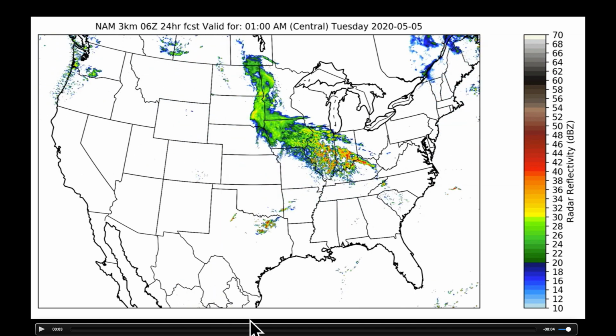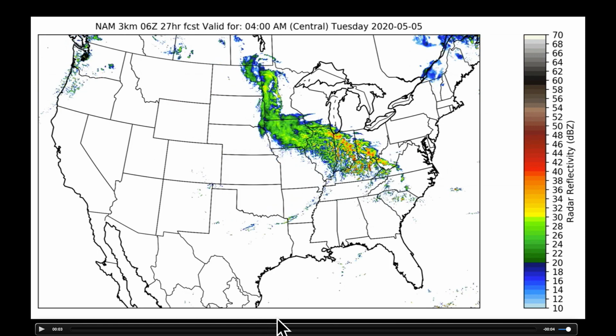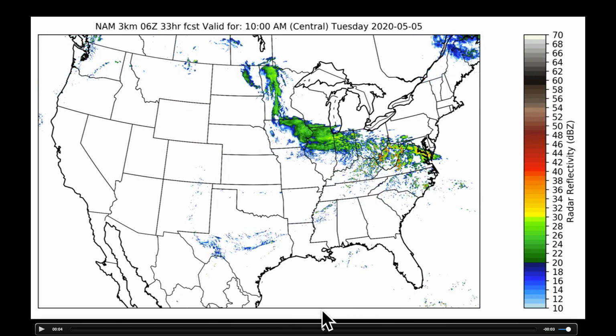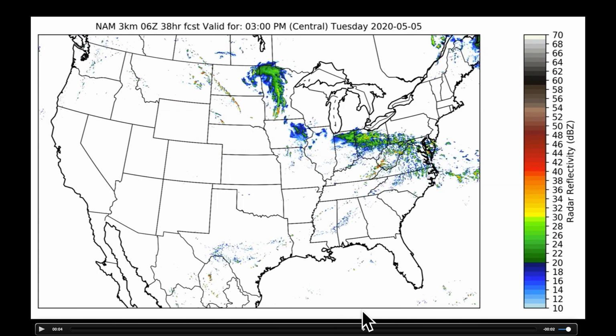It'll be late Monday night, this is now early Tuesday morning, that we're going to watch that system pull through the central and eastern Corn Belt and early in the morning increase our precipitation chances across North Carolina. That's going to last through the mid-morning hours and actually through much of the day tomorrow, on Tuesday, until that